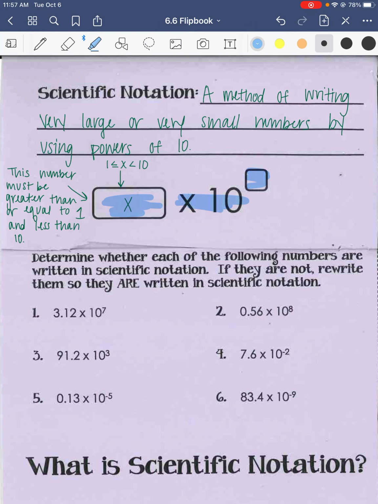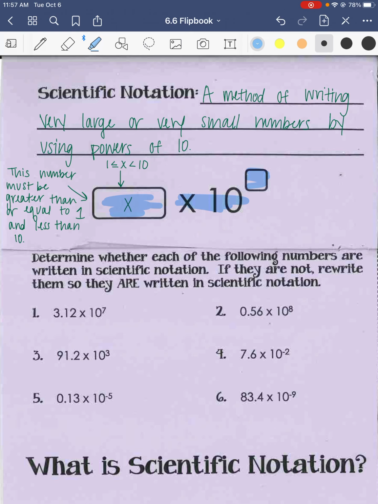X has to be a number that's greater than or equal to 1 and less than 10. Okay, so it has to be between 1 and 10. It can be 1, but it cannot be 10. So it can be 1 or anything between 1 and all the way up to 10, but not 10. Okay, so let's look at